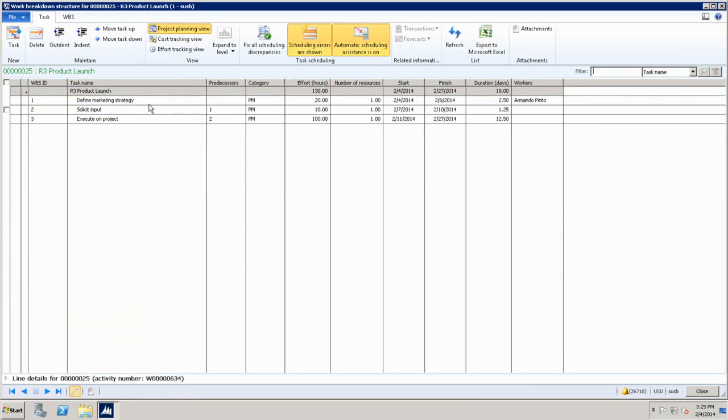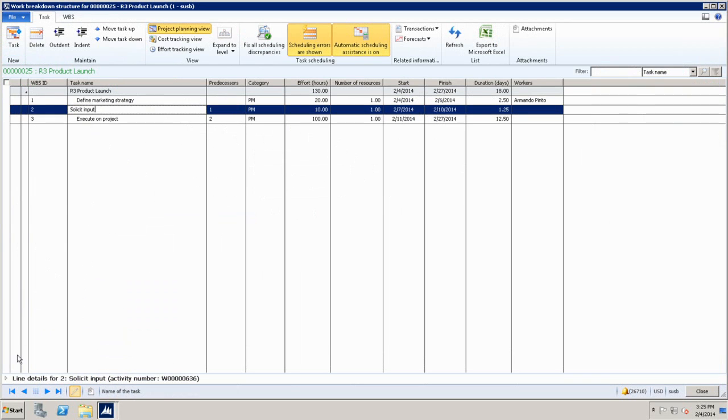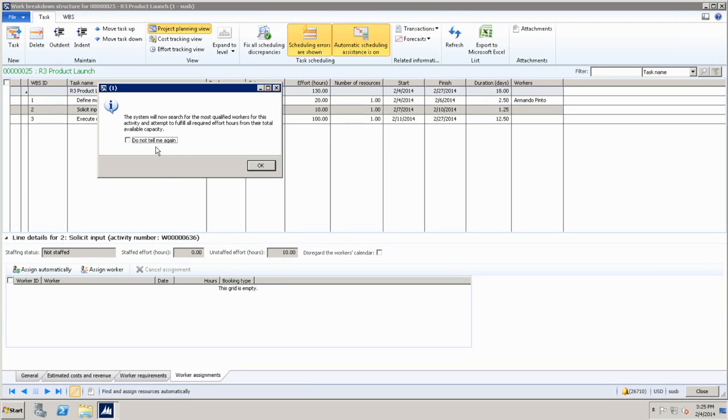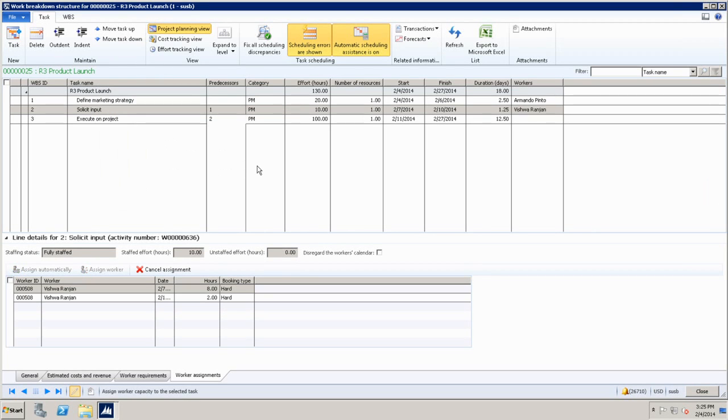Now, there are different models, so for each activity I try to use a separate model. We talked about automatic scheduling, right? I can select from the drop-down one or many resources, or I can sit back and say, you know what, system, go and find resources for me, which tells the system to go find qualified people. When it comes back, it has automatically satisfied the resource requirements for me with these two people that are qualified based on the requirements I have defined on the activity, and assigned those two people on the activity. So I have my project fully staffed.